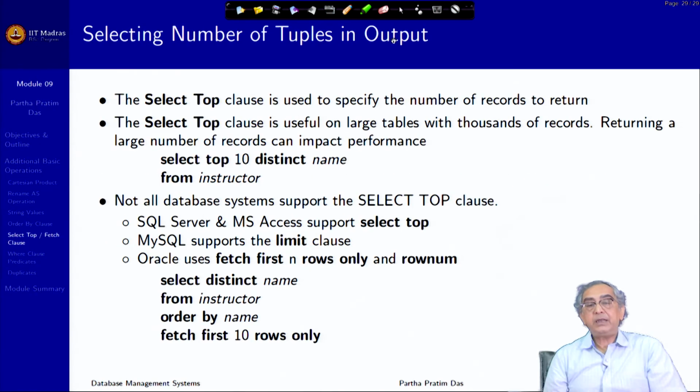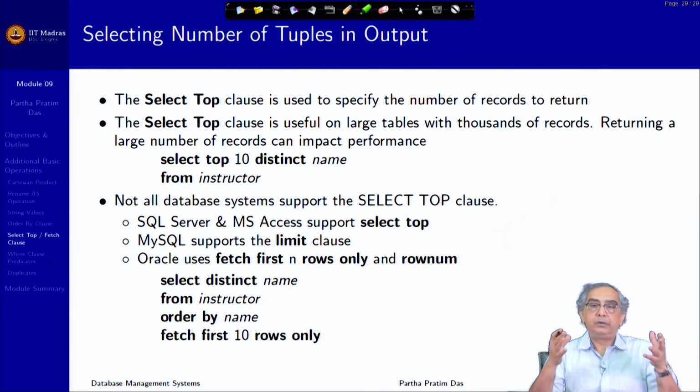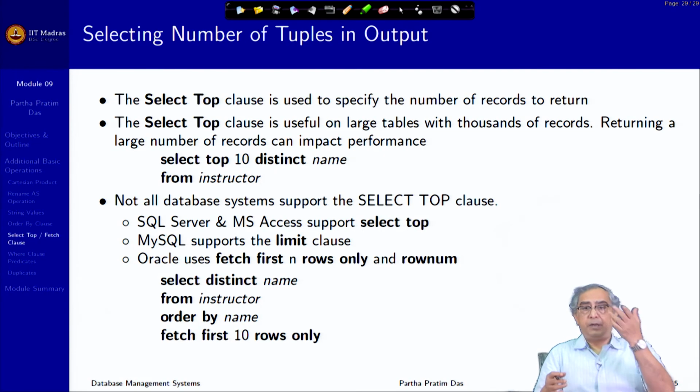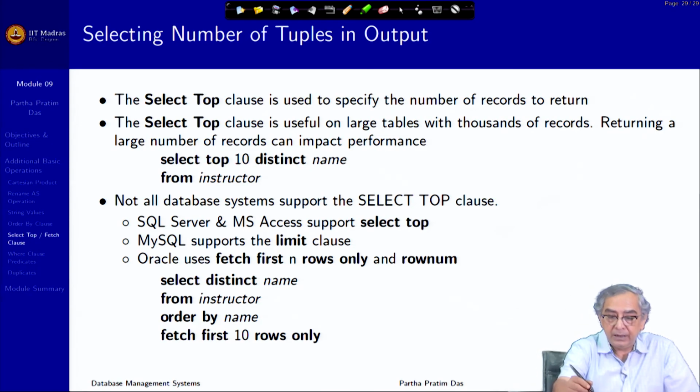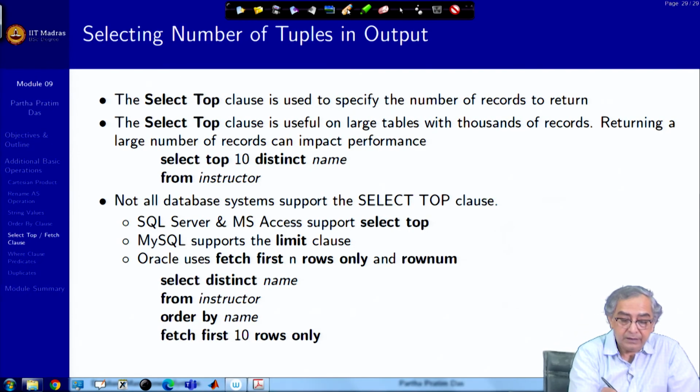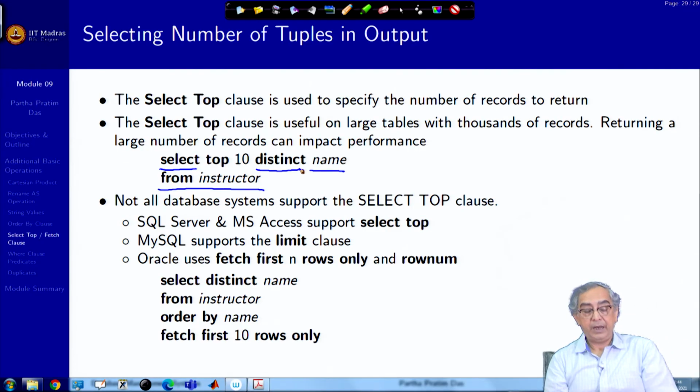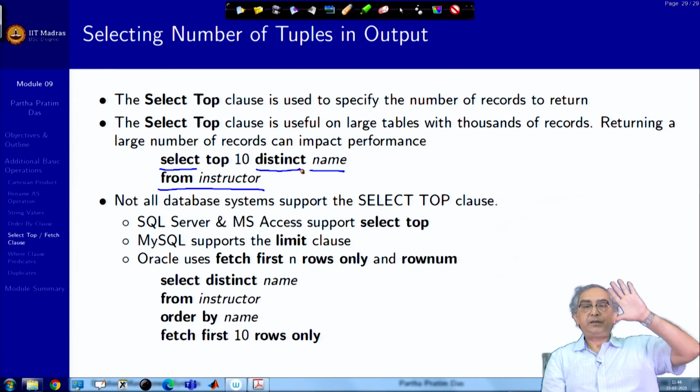These are different ways to make your output table easier to understand, easier to read, and convenient to use. So, here is another one which says select top. The name tells you what it means. It says that the basic query is select name from instructor. Then you want distinct names, and then what you are saying is select top 10. Top 10 means the first 10,